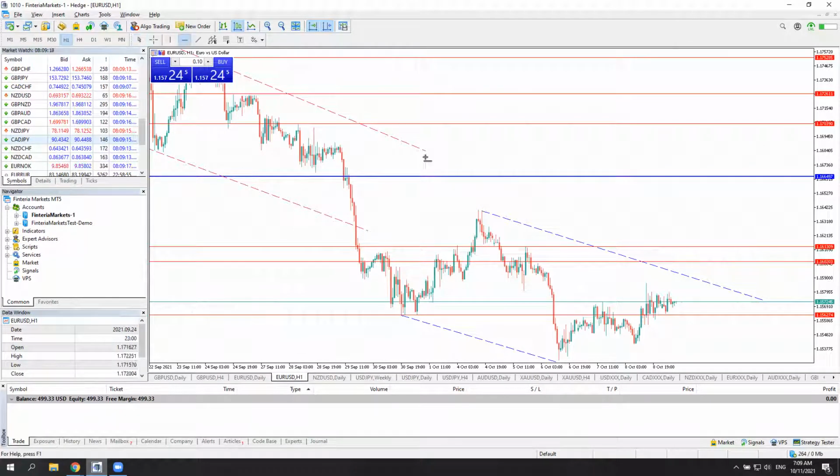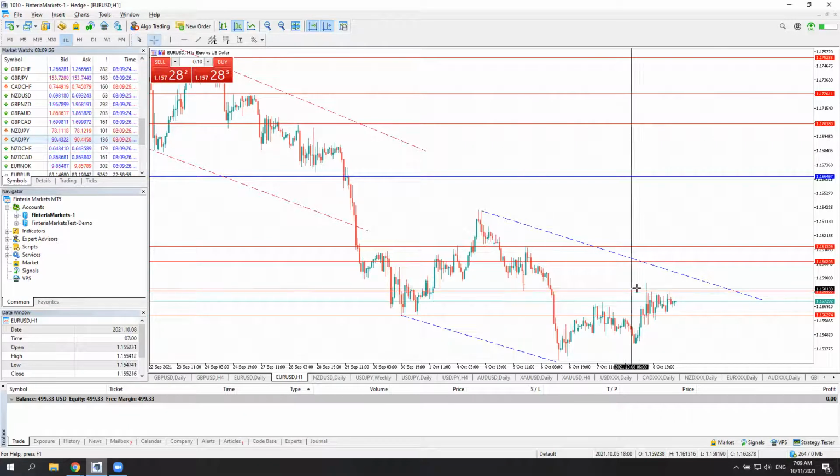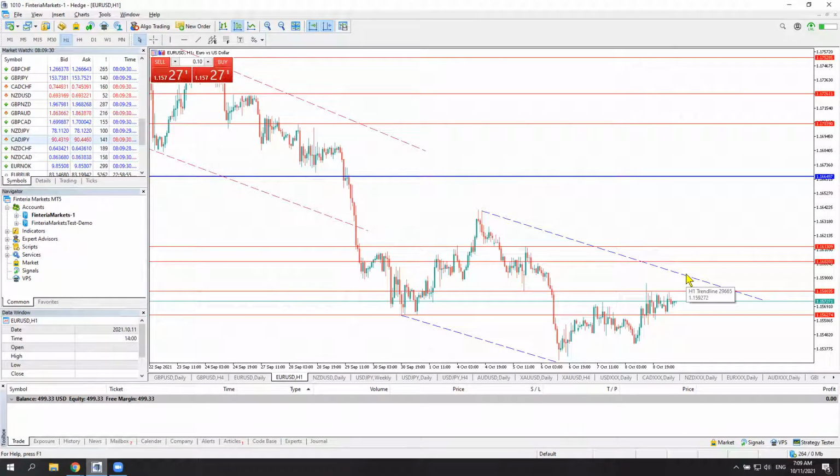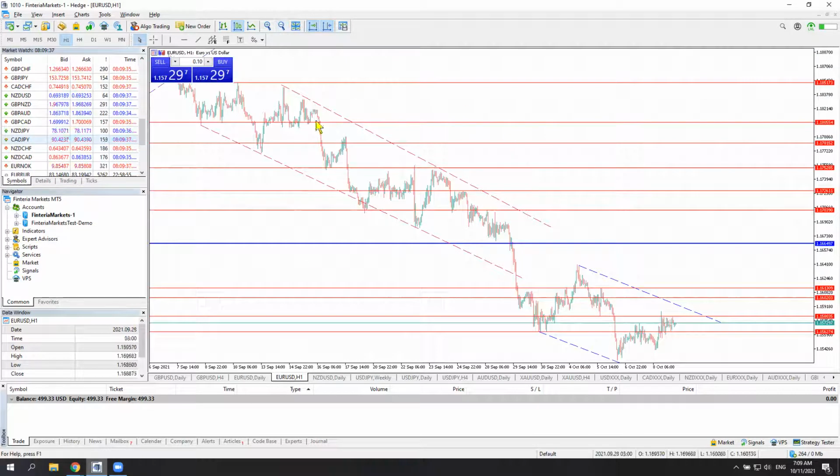There's one more level that I see currently. I think this level is going to be key for today's trading session. It's 115.80. We touched this level a few times, so we didn't manage to break it. And so far we're just below this level, and probably we can also see another level that's going to be important. It's sort of a trend line.